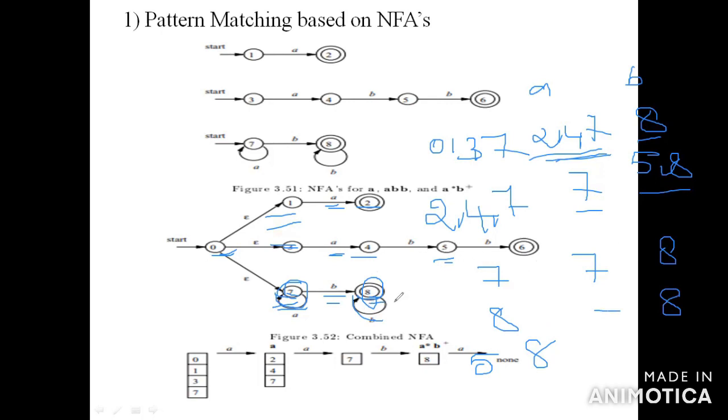5, 8 has no A symbol. Is any input symbol A there? No, only for B 6, another one for 8. So in 5, 8, there is no input symbol of A. It is marked as empty only. Then 5, 8 of B is 6, 8. It's correct. Then check for 6, 8. Any A there? No A, but B is only 8.